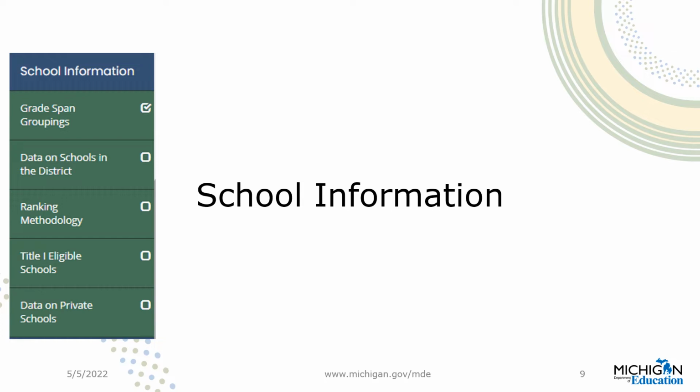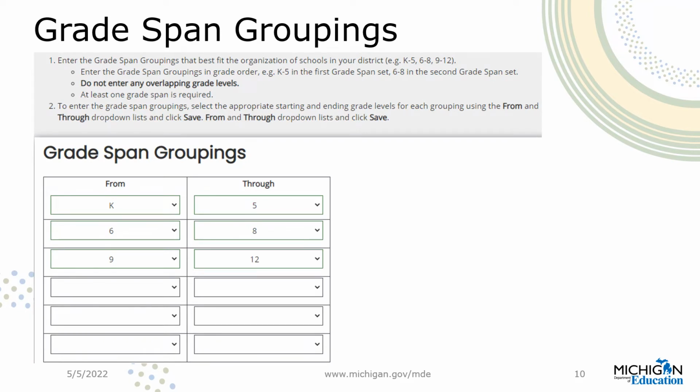The next section in the Consolidated Application will gather information about the schools in the district. As before, LEAs will establish grade span groups to be used to identify eligible schools for Title I programs. The purpose of this screen is to establish distinct groupings for schools. If a district has a configuration of buildings that ends up with overlapping grade spans, for example, a K-8 building